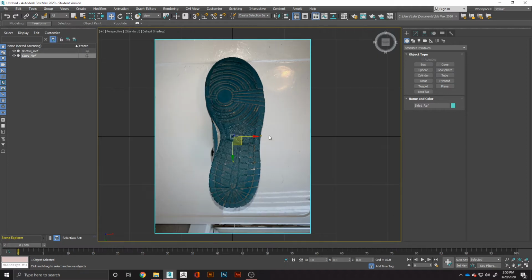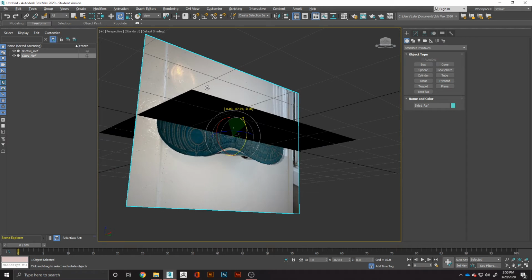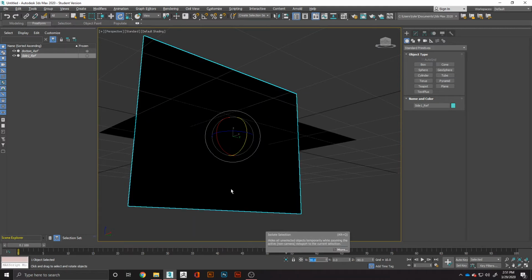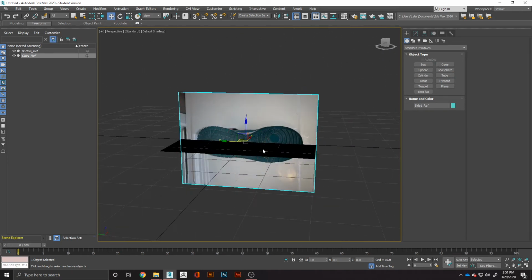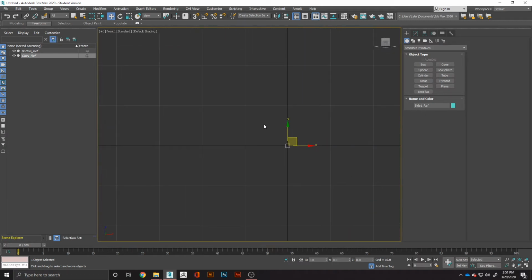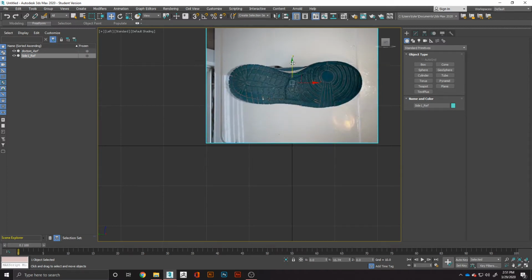Okay, so now in my perspective mode, I will actually rotate this side 1 by 90 degrees. Okay, and I want it to actually be flush with the bottom here. So now if I were to go to this side, you'll see this darker black line. That's where the bottom shoe is. So unfreeze that. By unfreezing, you can just select the snowflake on there, and it could line up this way, but